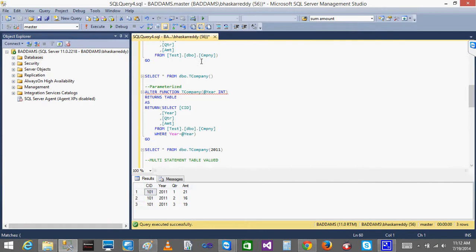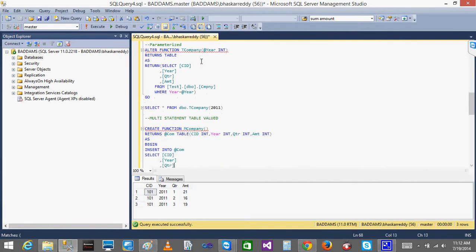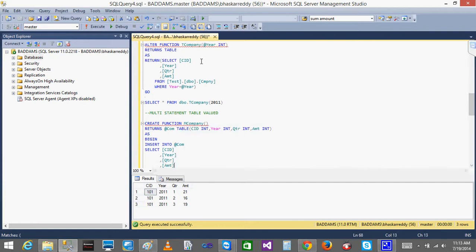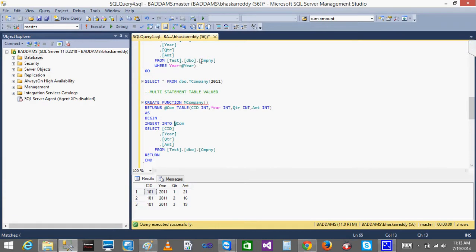When it is a multi-statement table valued function, what are you going to do? You are going to write this one. You are going to give the structure. See, in the inline table valued function, you give the default return as table, but here you are going to create a structure for the table. This syntax is nothing but, as we discussed yesterday, a table variable. It is a type of table variable, right? The same syntax you will be using here. You create one variable of type table and then give the structure for that. In the return, you insert into the table the results you got, and you write begin and end.